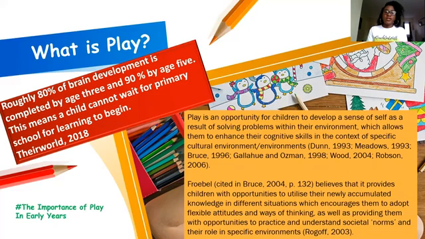Roughly 80% of brain development is completed by the age of 3 and 90% by the age of 5. This means a child cannot wait for primary school for learning to begin. Play is an opportunity for children to develop a sense of self as a result of